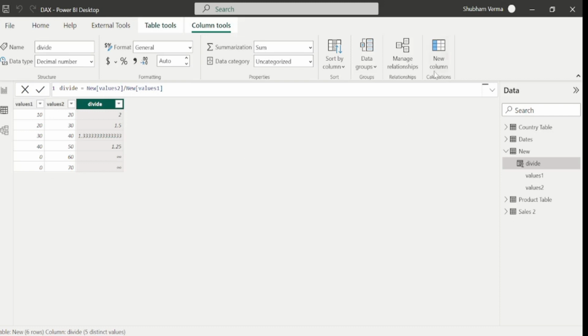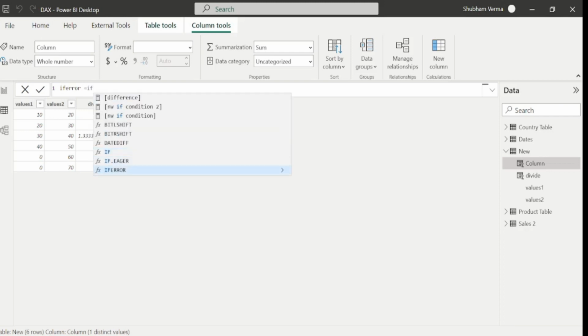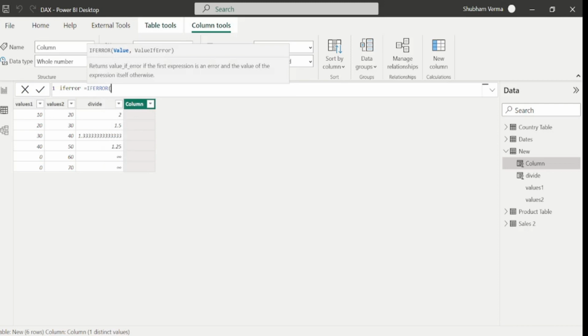And now I will go here on new column, and I will use my if error function. So let me replace this as if error. And now I will write my DAX function, which is if error. And look at the parameter guys. So the first parameter is value. Under value parameter guys, I will take this divide column. Simply I will write divide, which is from the new table, comma,